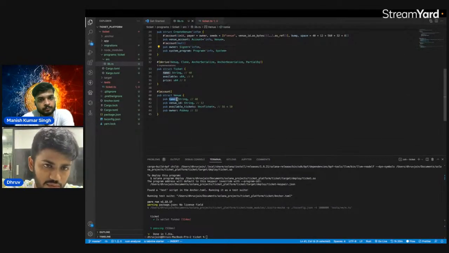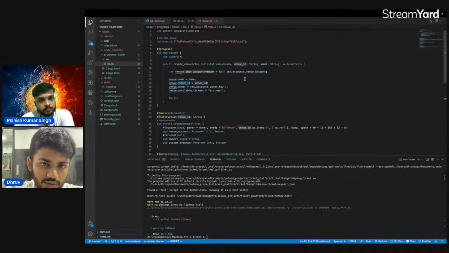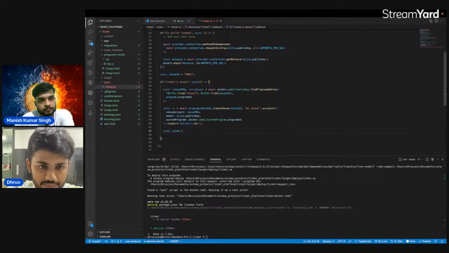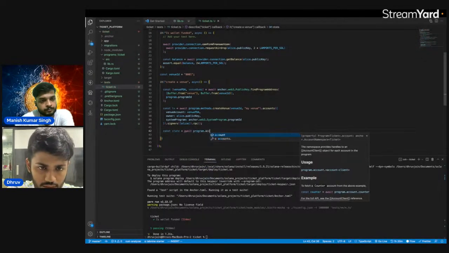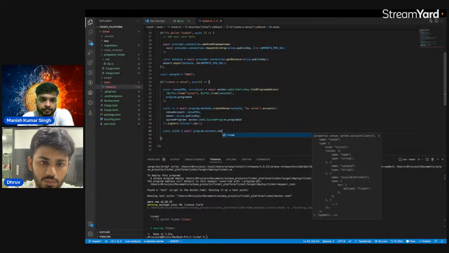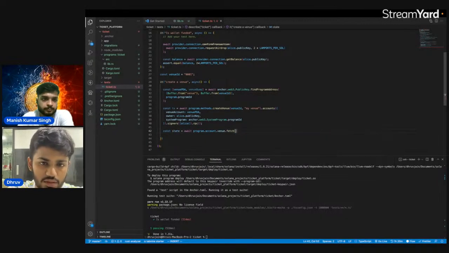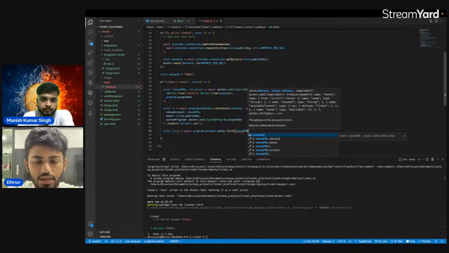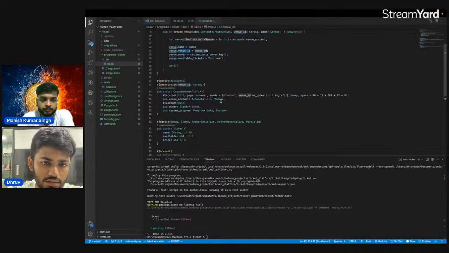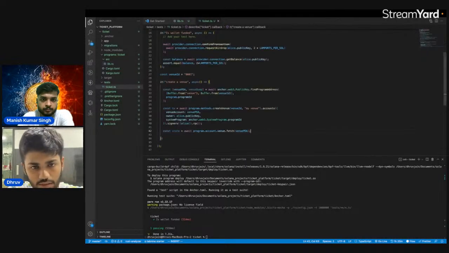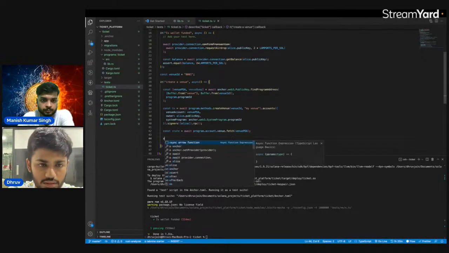So let's check if this name is equal to what name we provided, and this venue ID is what we provided here. So let's do that. Program the account. We have only one account for now, and we have to fetch it. We have to pass a PDA account which is holding it. Now we'll just assert if